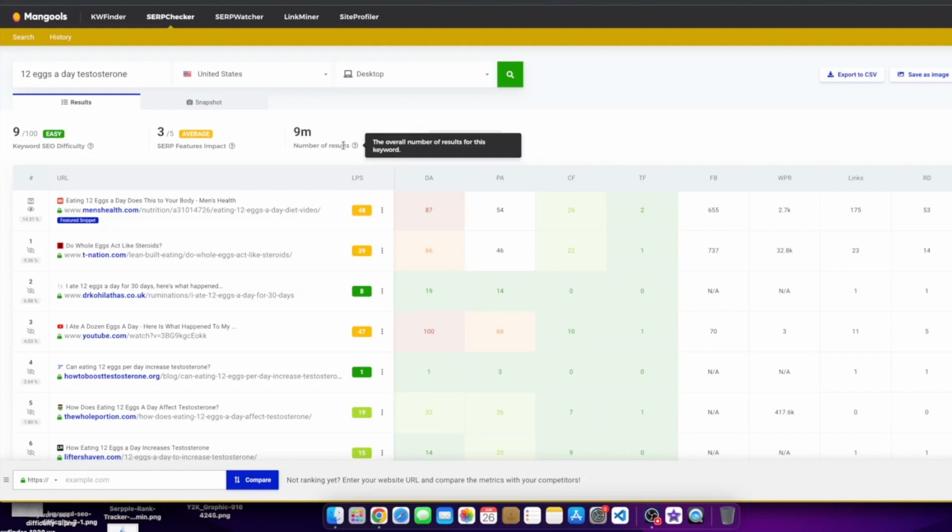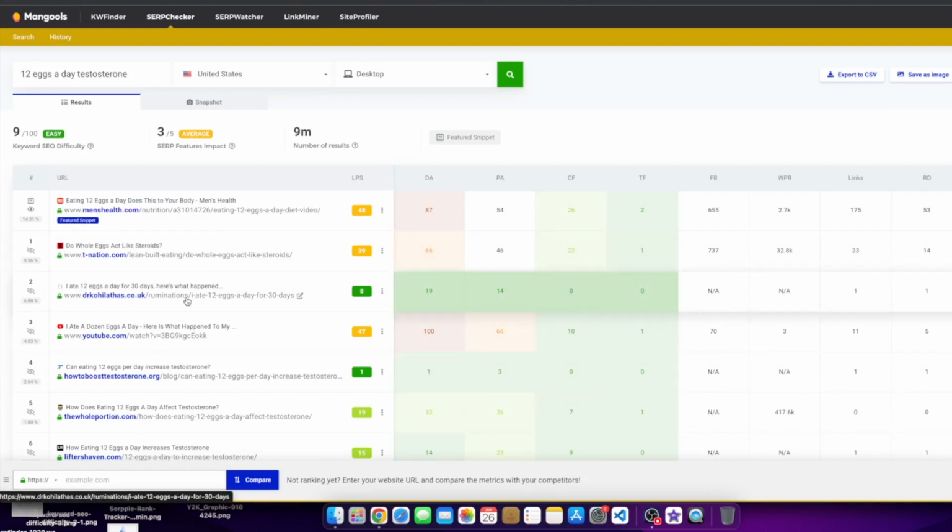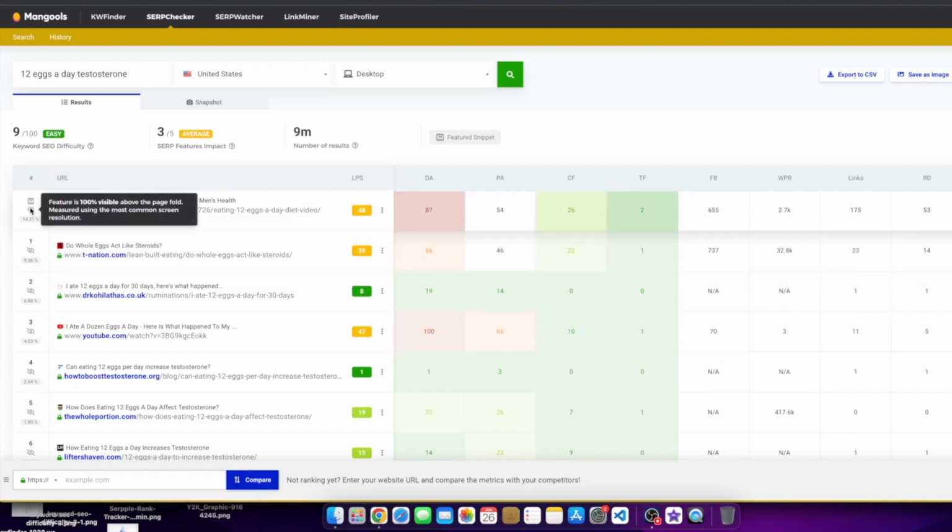All right. So let's continue here and break this down. Here you have all the different URLs. So here's position number 1, position number 2, position number 3, 4, etc. You could go down the list. And here you have these little icons, if you notice. For example, you have the eyeball here. And then you have this little image kind of quote thing here, which represents